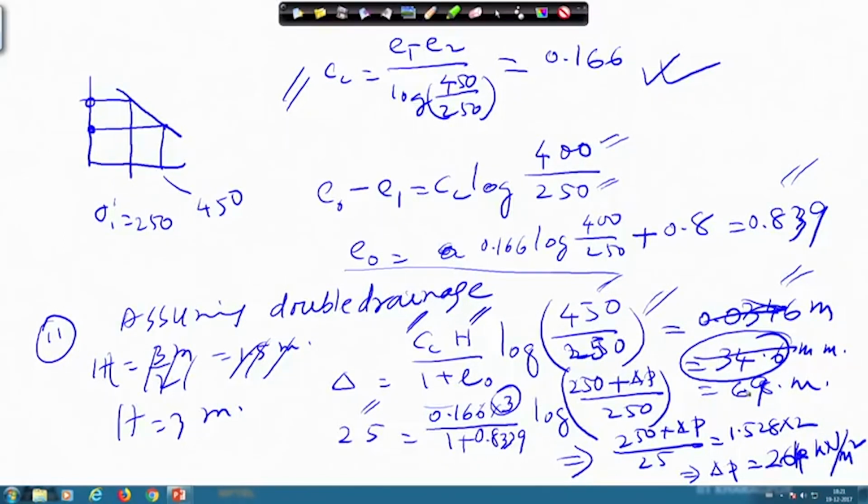So, it will be 69 is the correct, and then the next, second problem is what will be the pressure required to have 25 millimeter of consolidation. So, same formula I will be using, initial pressure is 250 and delta P is the additional pressure required, suppose, then from there simplifying I will get delta P equal to this. And then there is a last part of it, that is